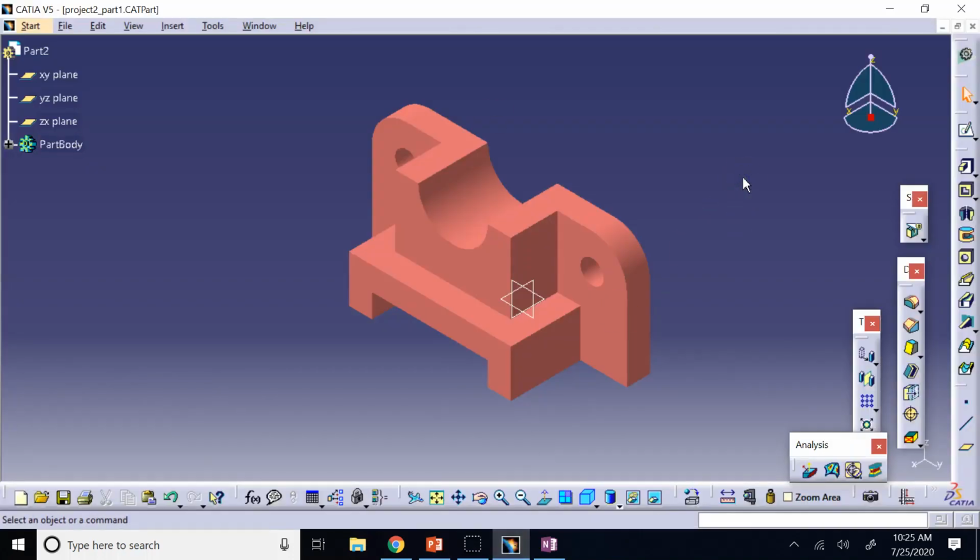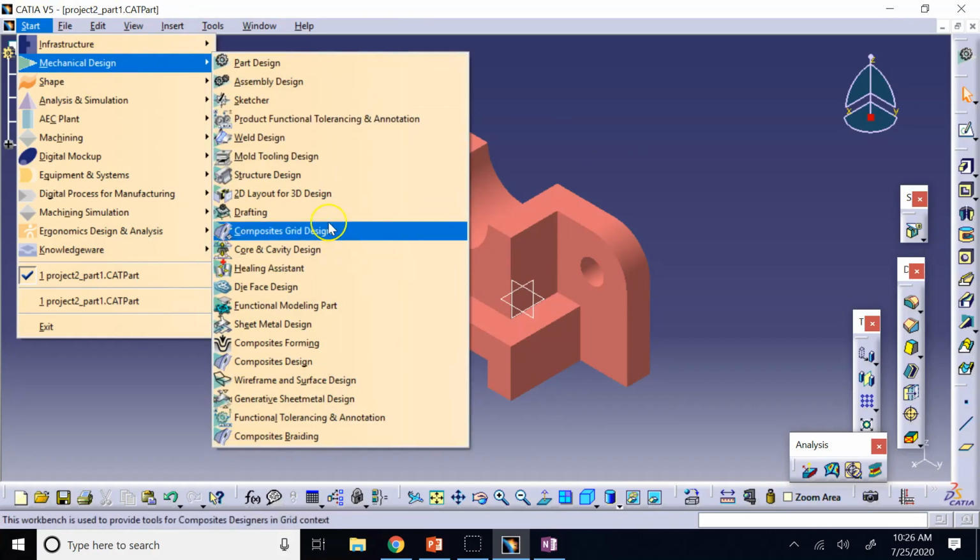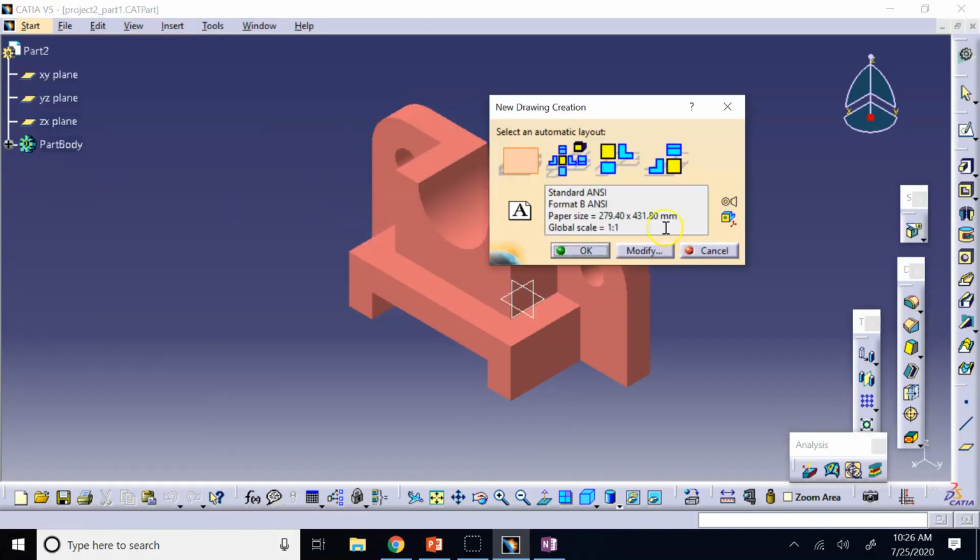So let's say this is a part that I have, and I'm interested in cutting this with maybe a plane that is a symmetry plane or a plane that is going through mid-thickness of the back plate. So the first thing you need to have for any drafting, as you remember, is to have the part open. Okay, so you have to have the CAD file of the part open. Then you go to drafting, and ANSI standard is good. We go forward,